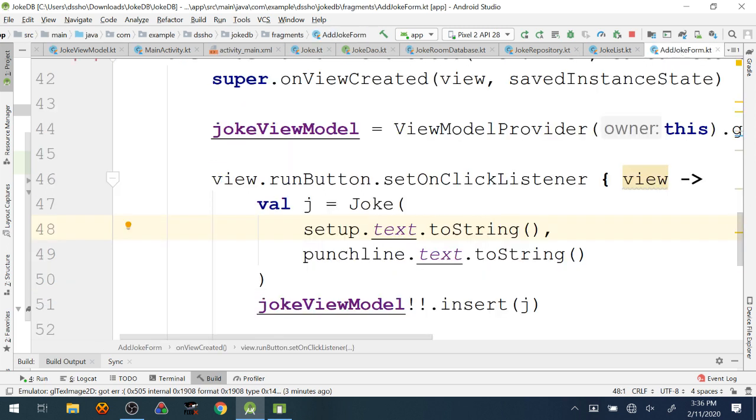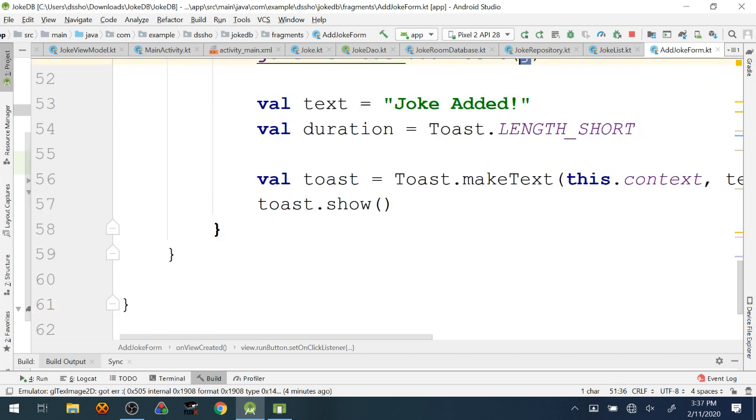But anyway, going back to this, right? It makes the joke object, however that object gets created, and then calls the insert. So this is where that chain reaction happens, right? I tell the view model to insert this joke. The view model says, all right, I'm going to pass this along to the repository. The repository says, oh, you're inserting this, then I need to pass this to the database. The database pulls the values out of that object, creates a SQL statement to insert that into the database. We don't get to see what that SQL statement is, although it's not complicated. It's very simple. And then actually sticks it inside the database. And then we just put a little message saying that the joke was added.